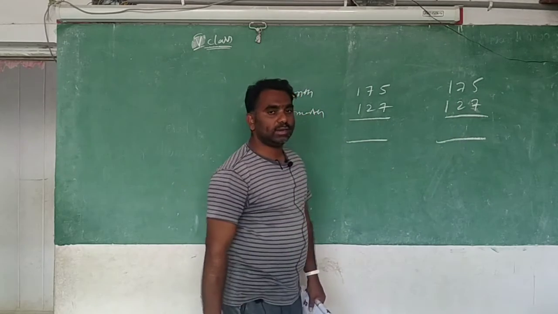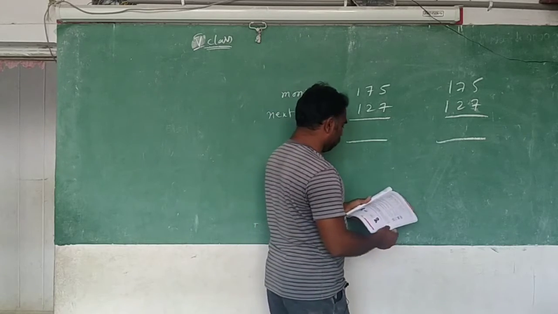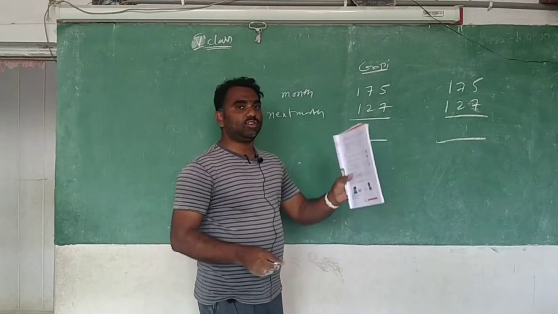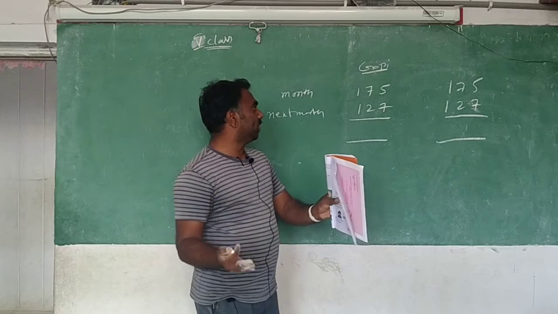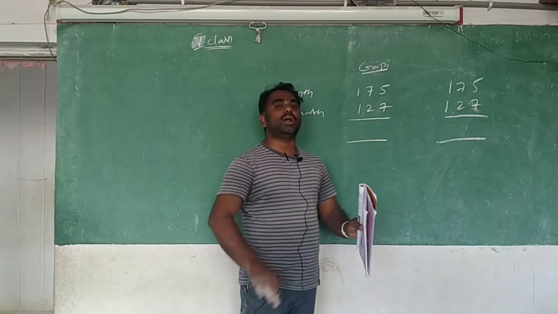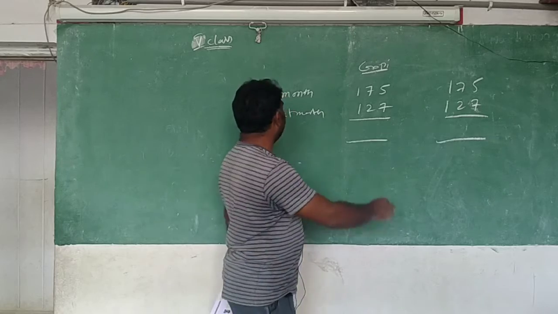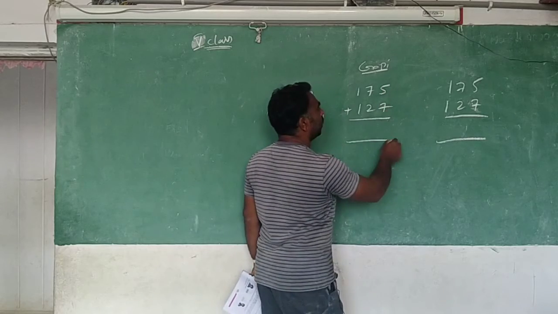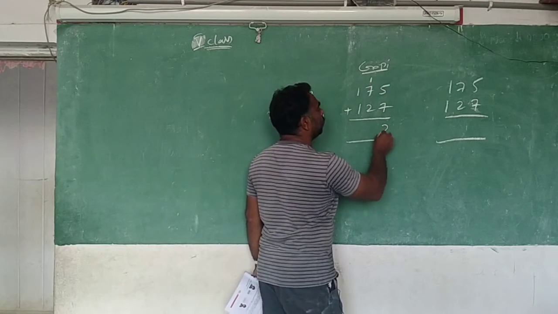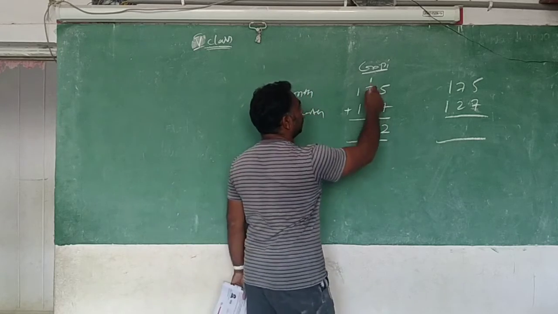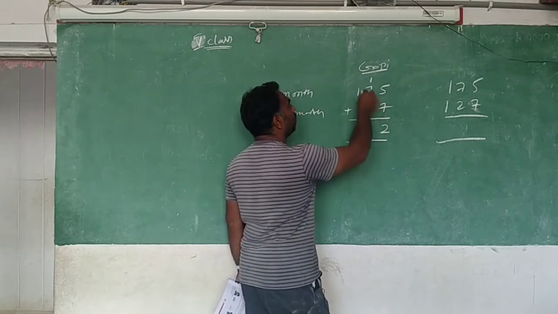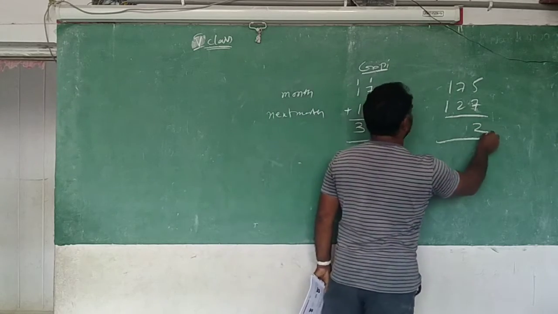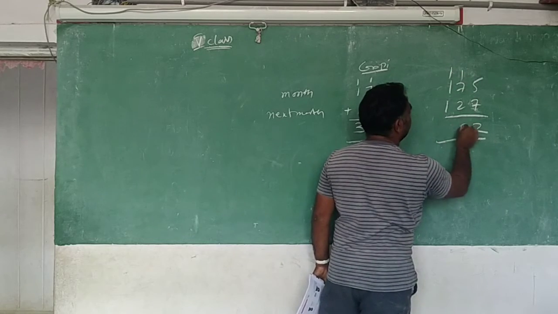One person has written it like this. This is Gopi. Gopi did this calculation. You know that in the first month it was 175, in the second month 127. Totally how many chalk boxes were made by them, we need to do the addition. When added, 5 plus 7, 12. So 12 means you carry 1 and write 2 here. And 1 plus 7, 8, plus 2, 10. Then he took 1 and didn't write anything, and he wrote 3 here. Whereas this man wrote 2, and here 10 came, 10 means 1 and 0, and 3.